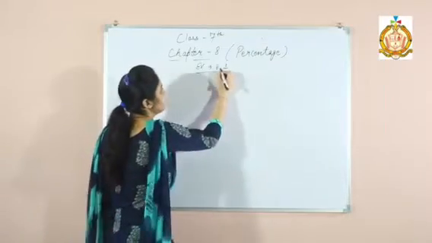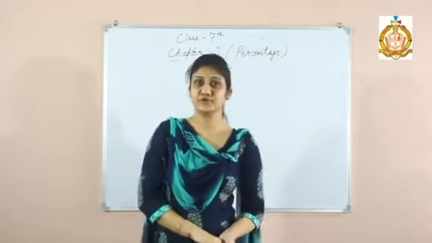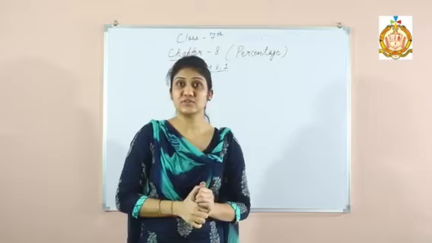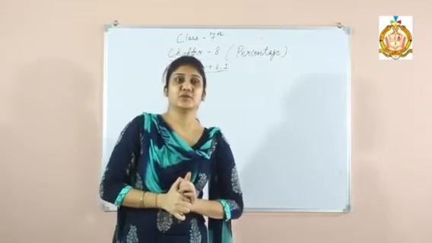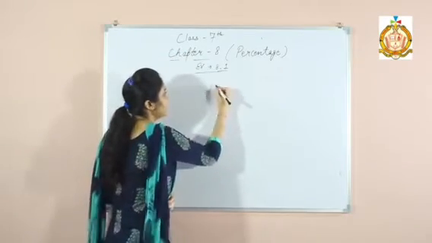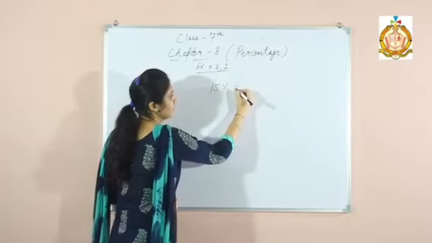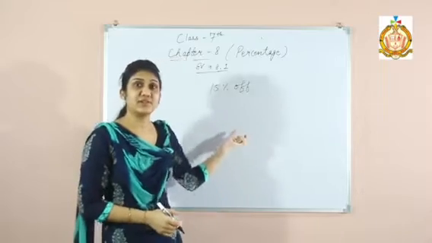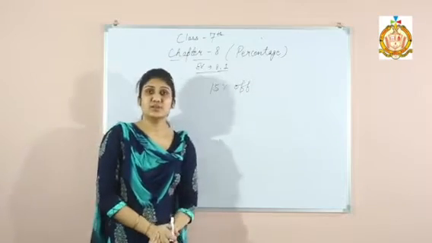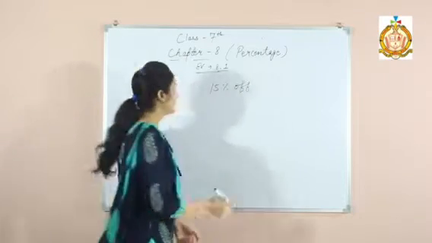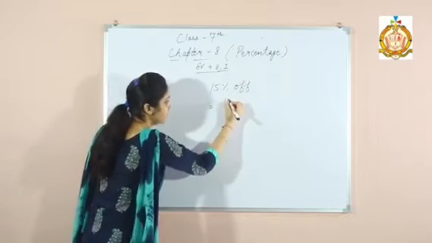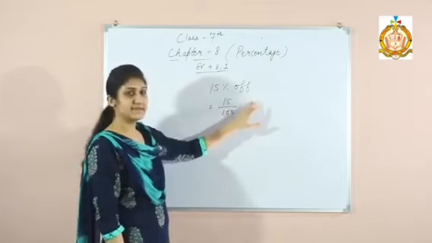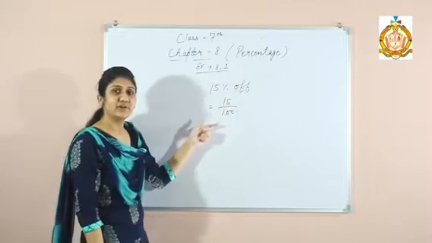Students, what is percentage? You might have observed when you went to market, some things are at a discount, but that discount is given in percentage. And suppose that something is at 15% off, means we have to pay 15% less than the original price. But what is the meaning of 15%? 15% means 15 for every 100. Here 15% off means 15 rupees are off for every 100 rupees.